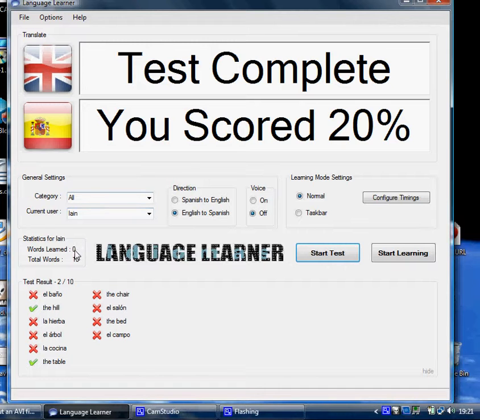You'll notice that at the moment the words learned is still 0, and that is because the application doesn't deem a word to be learned until it has been answered correctly a certain number of times. This is configurable. I think at the moment it is 3. So if I remember that I got the table correct and take the test once more,